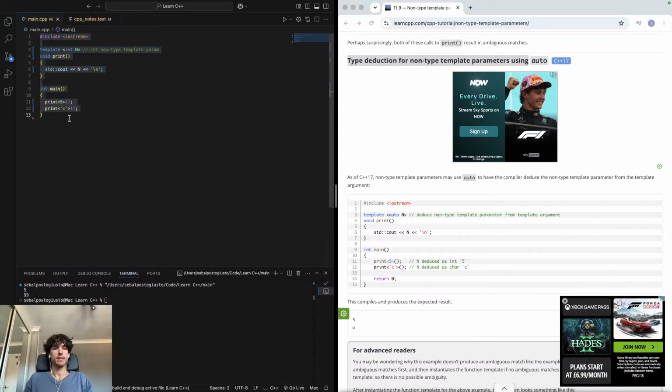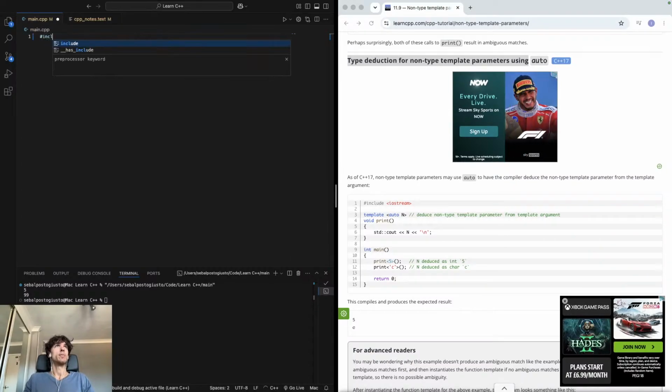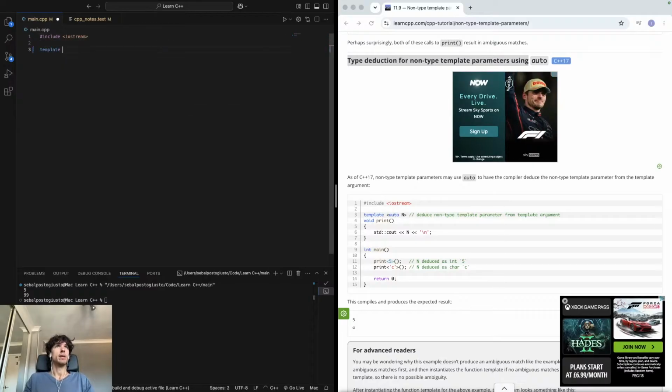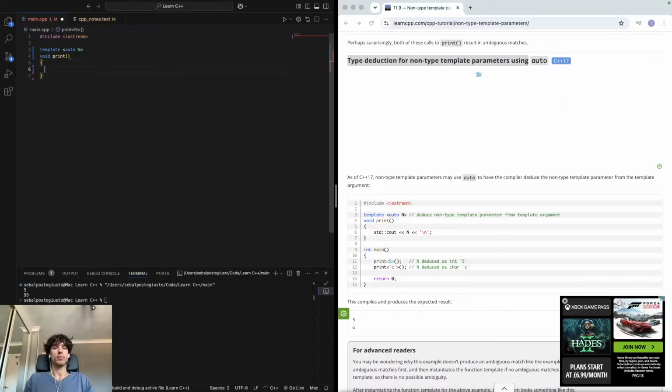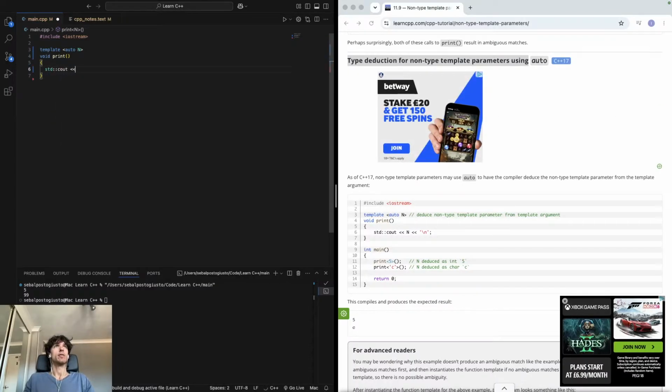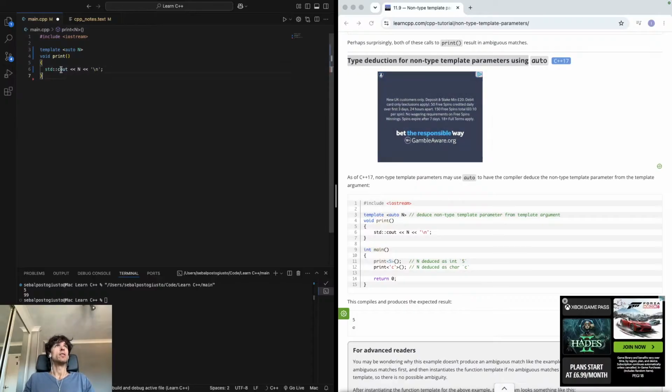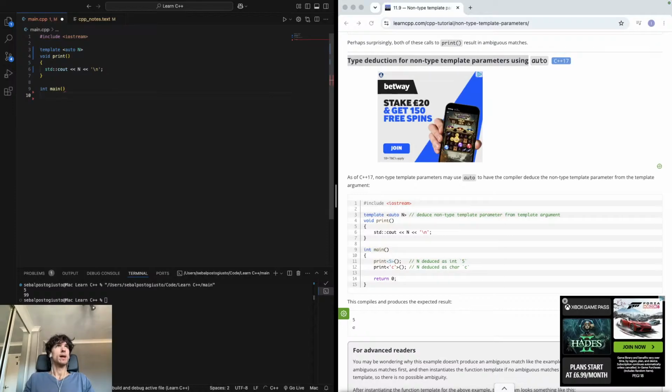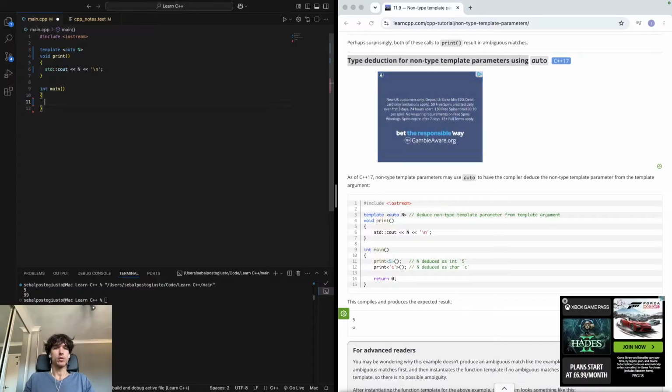So such as this. We'll use again the preprocessor include with our input output stream. We'll do a template. We will have auto n, and we will do void print, and then in our block we will do standard character output n, and then because we are using a non-type template in our block, in our main function, we need to return